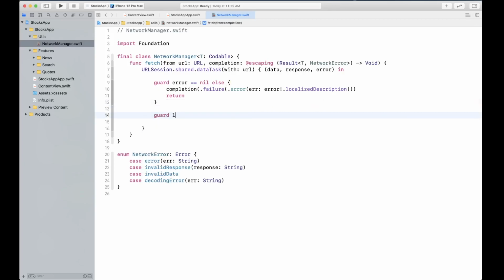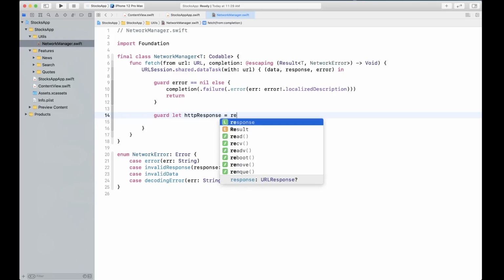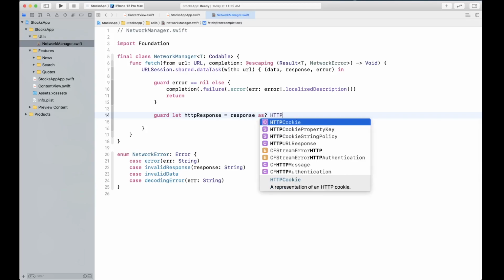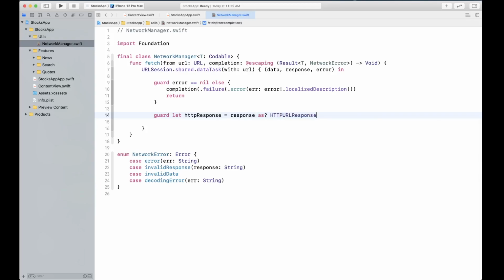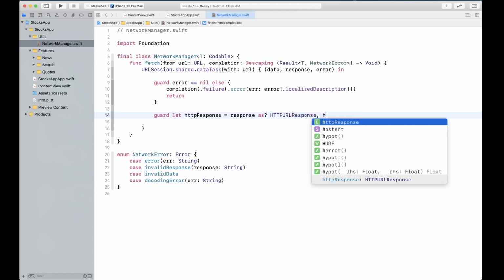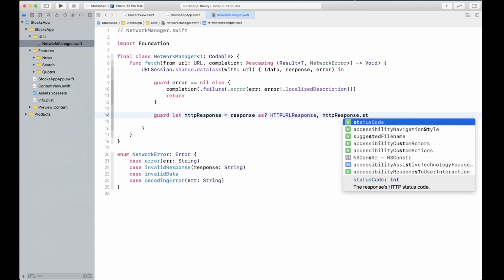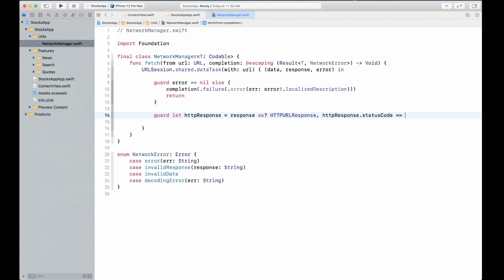Now we also want to guard against response type. So we're going to create an object called HTTP response. The response that you get is URL response, so you're going to change this to HTTP URL response. And you're going to use that HTTP response that you have recently unwrapped and check the status code on it to be 200.